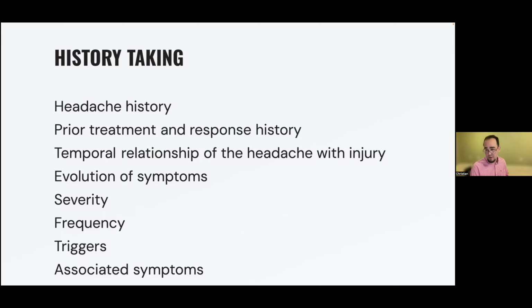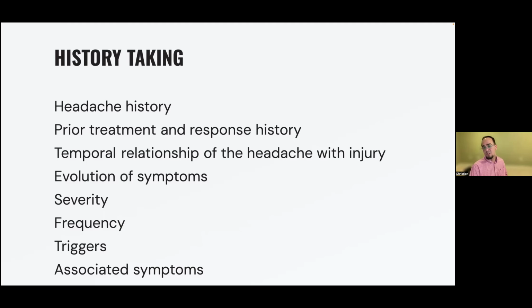It will be very important to ask for any headache history, and if there is, how did they treat it in the past? How would they describe that headache history? Is there any family history of migraines, since we could potentially be seeing the development of underlying migraines in this patient? Has he had any prior treatment before coming to our evaluation, and has he been responding at all to this treatment?